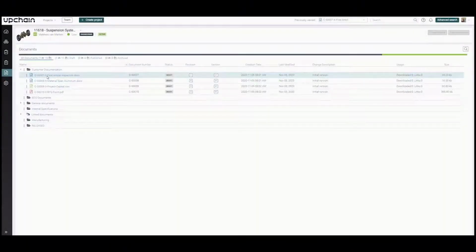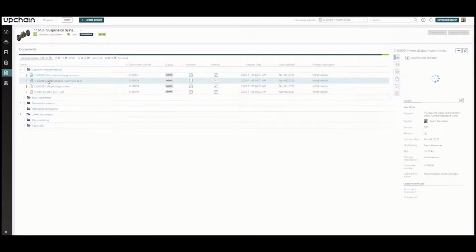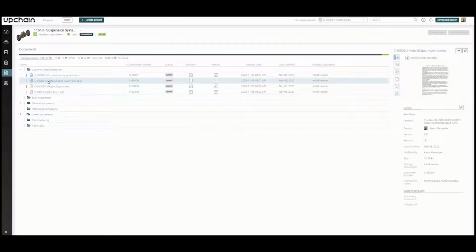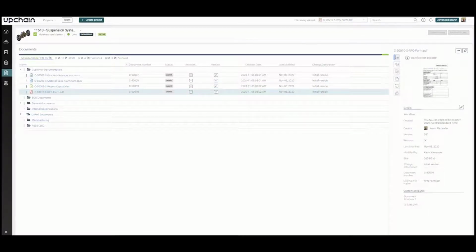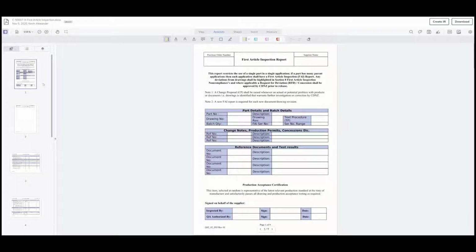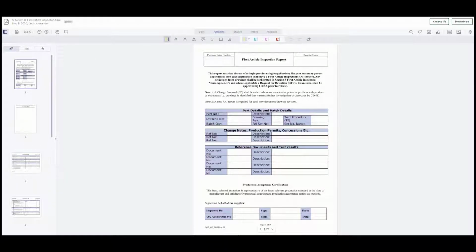Upchain provides document objects that facilitate the management of pertinent non-CAD product development artifacts. Documents may be linked to other documents or bill of materials items, and they help to facilitate full product definition within Upchain. The web viewer provides a full complement of navigational and markup tools,